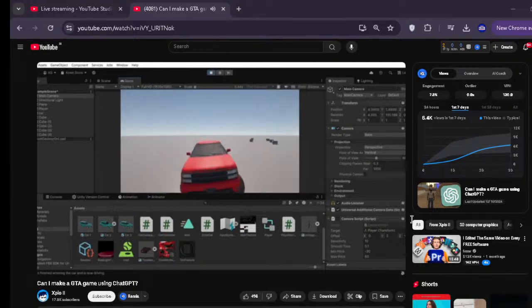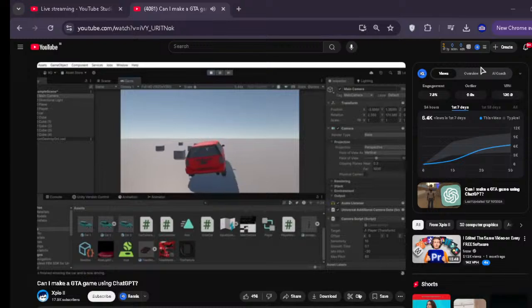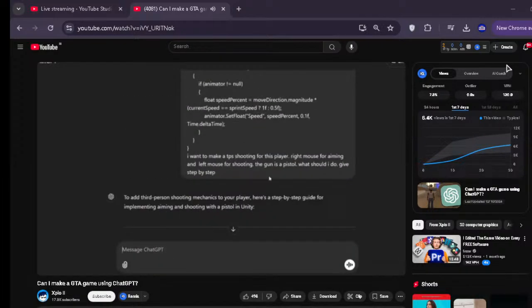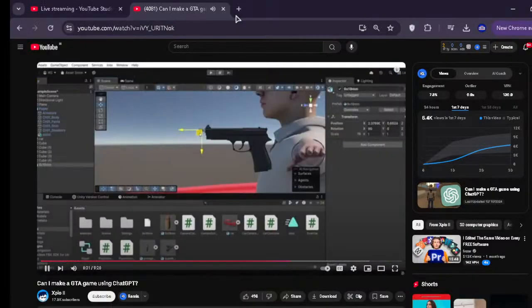But we also need action, which means gunfight. So let's make a gun mechanics for our player. And as you would expect, I'm gonna ask ChatGPT to make a third-person shooting script for me. I found a free pistol model. I'm gonna be using this. I scaled up the gun and the